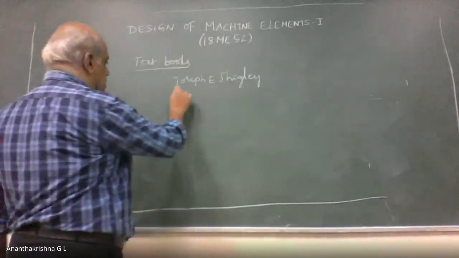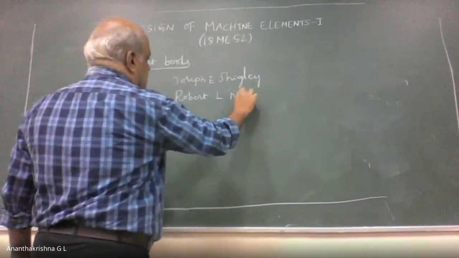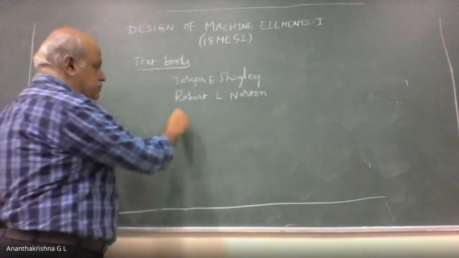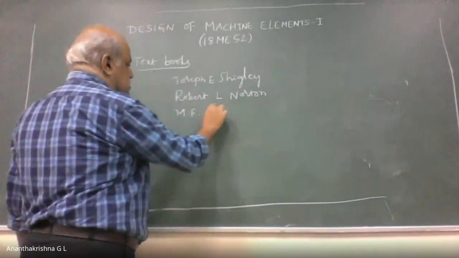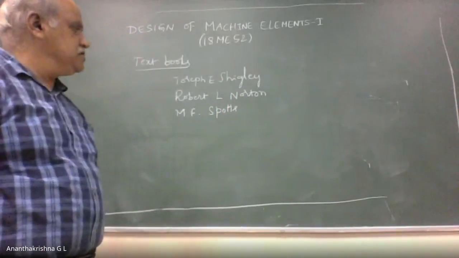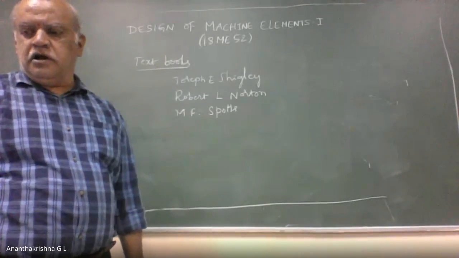Then we have got another extraordinary book by Robert L. Norton. And then we have got M.F. Spotts, S-P-O-T-T-S. So these are all some of the extraordinary books that we have in design of machine